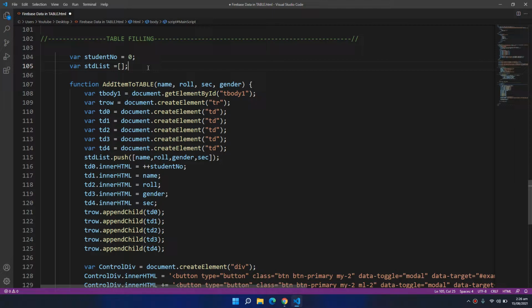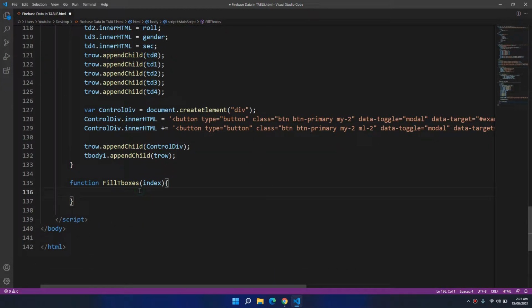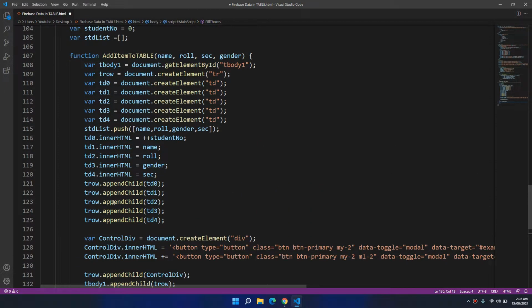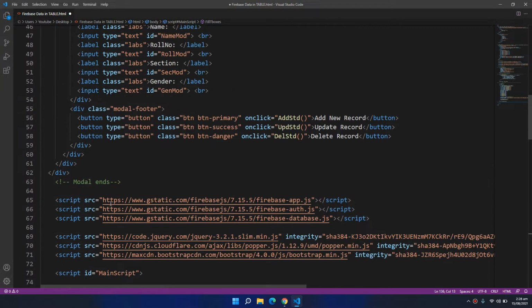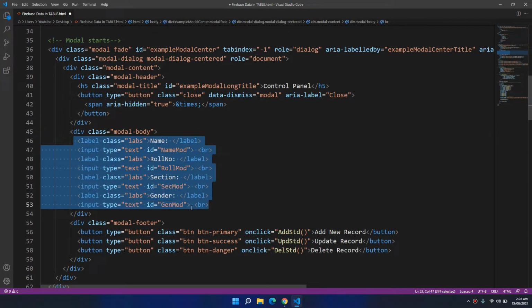Why have I created this array? We will use this array to fill our text boxes. Let's see how we can do that. So inside our fill text boxes, I first need the reference of all these text boxes. I basically call these inputs text boxes.